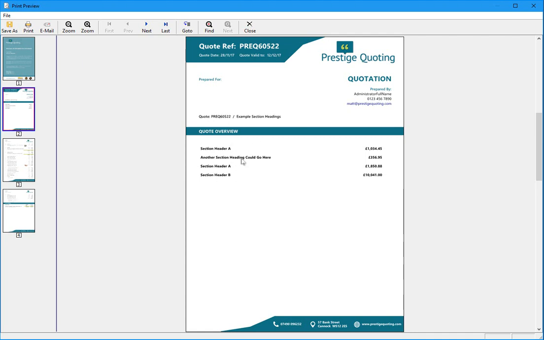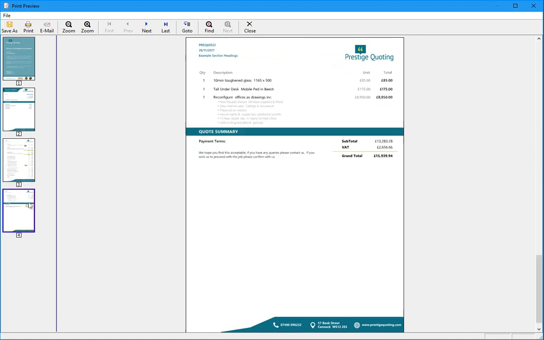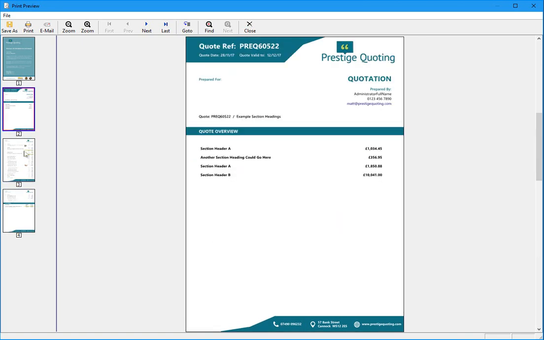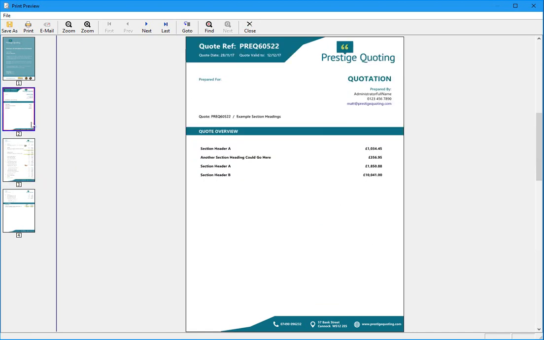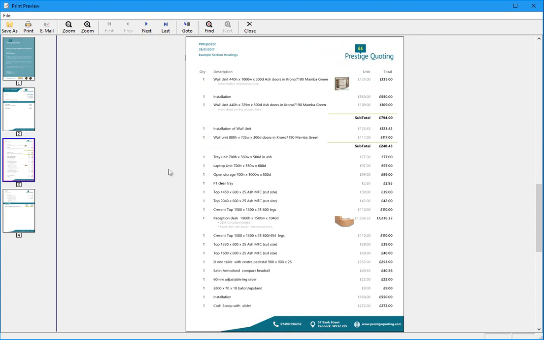So perhaps I could be grouping using my section headers by room or by classification or type of service, etc. And then seamlessly I go on to the additional line item detail. So to display section headings will require some changes to your templates, but that's very straightforward, but it does give